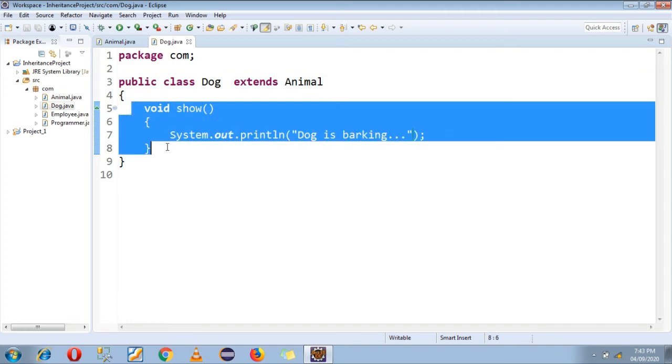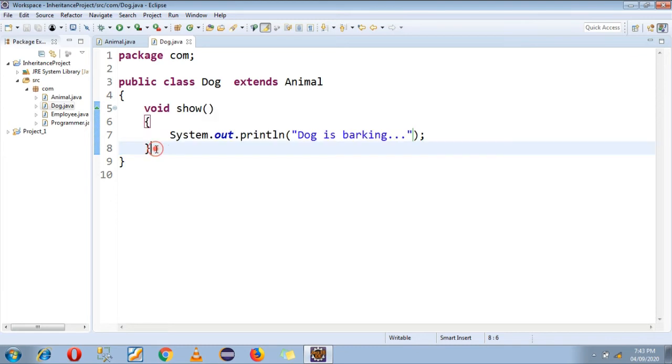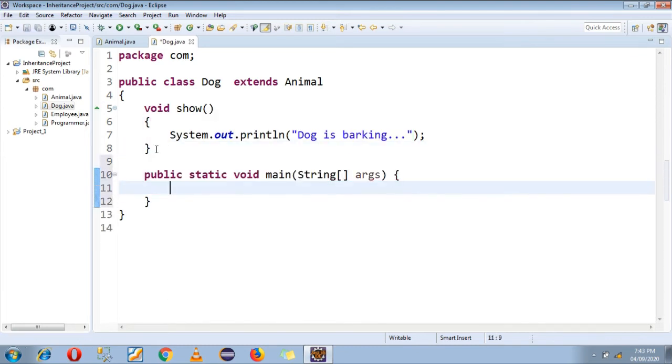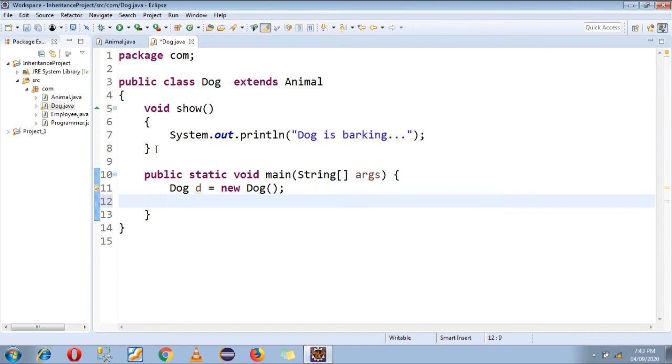Now I am creating the main function. In this you have to create an object of your child class only. So in this way I created my object, and now I want to call the child function as well as the parent function also.